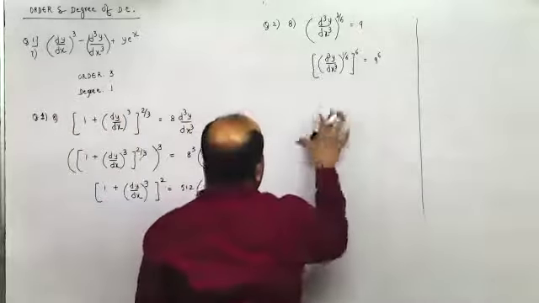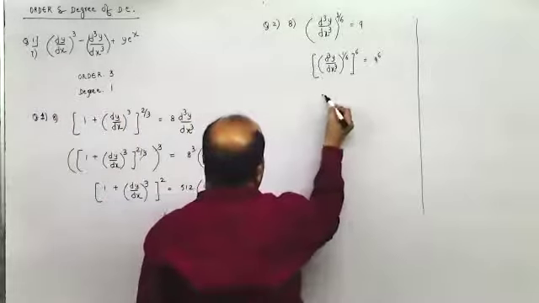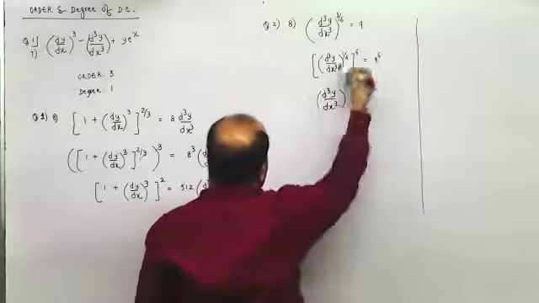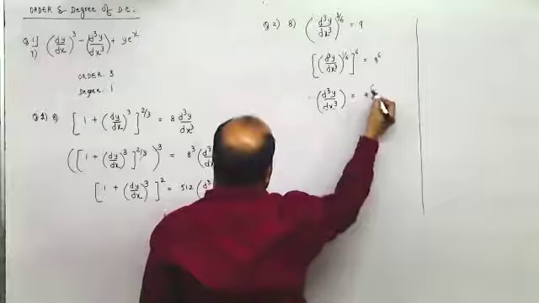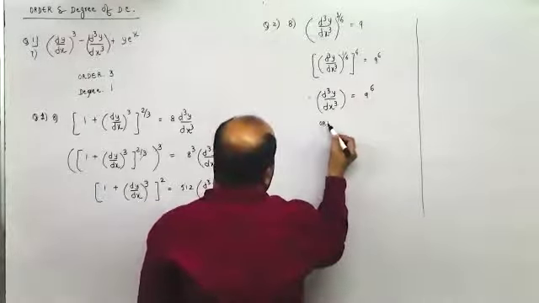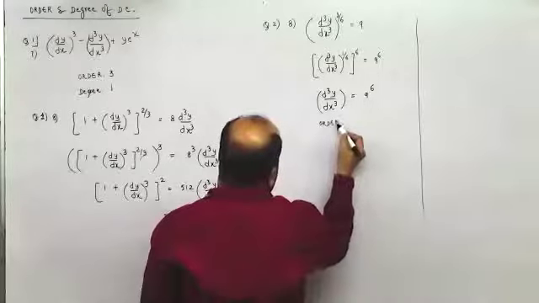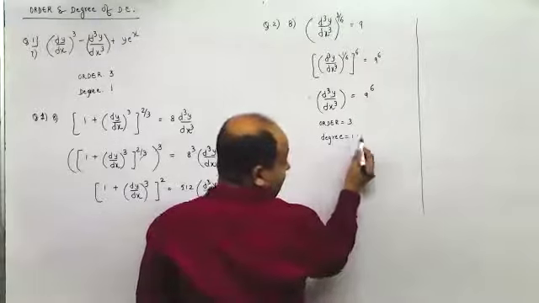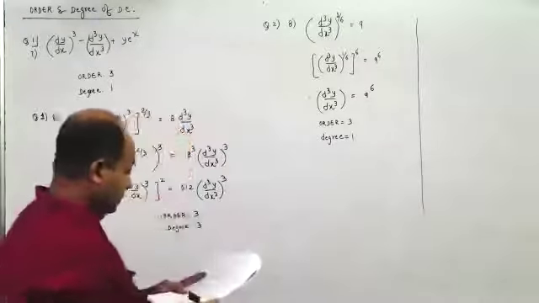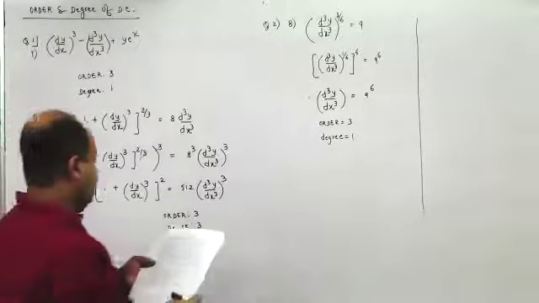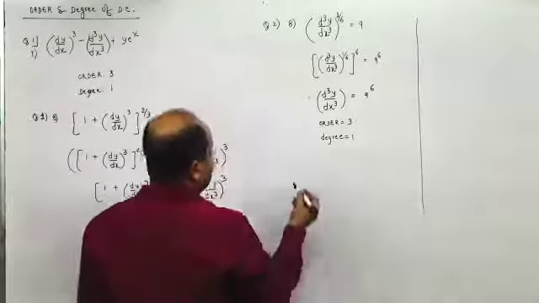Now, when you take the sixth power here, this would be d cube y by dx cube raised to, this would become 1, and this is 9 raised to 6. Now, if you observe here, the highest order derivative is 3 and its order is 1. So, order is 3, degree is 1. Next, come to question number 3, the seventh part.